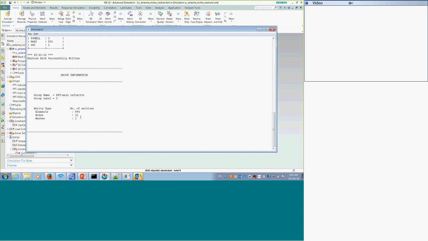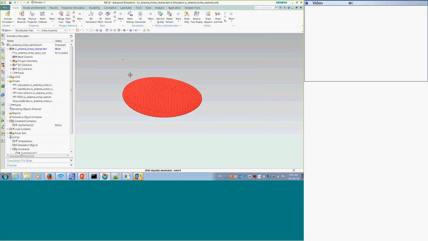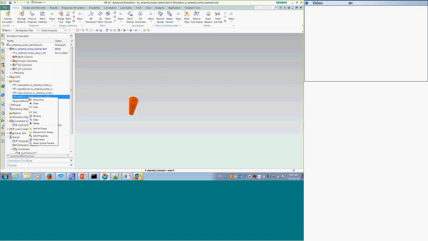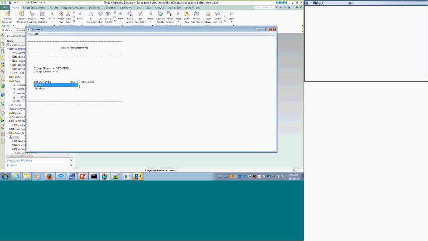And let me get my information window here. So you can see I have 94 elements, I have 15 nodes, and I have 1 mesh. The reason I was thinking about meshes before is let's look at this group here. I did it on purpose. This feed group here, if I do information on it, I have 4 nodes that I put manually, and I have 1 mesh.